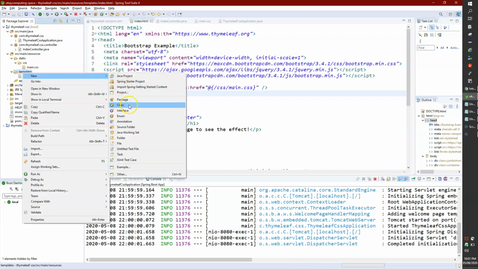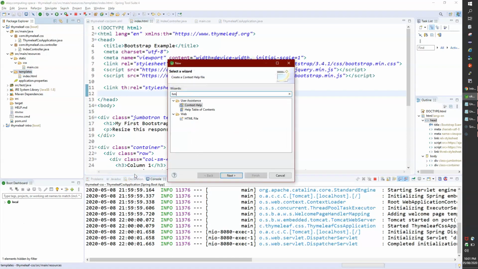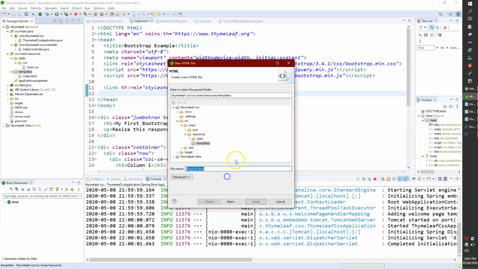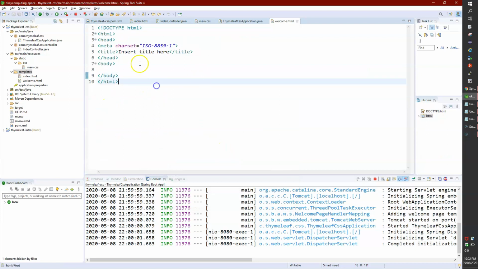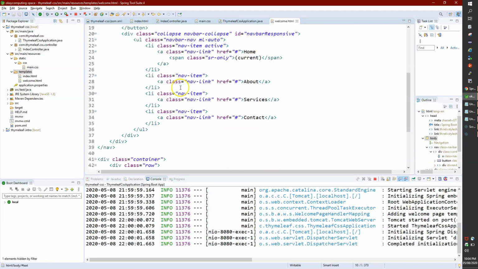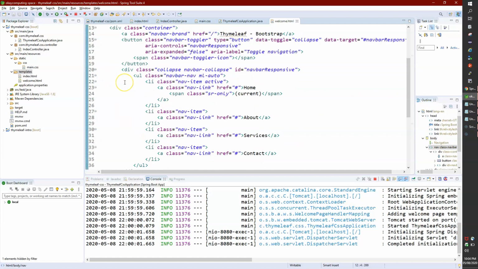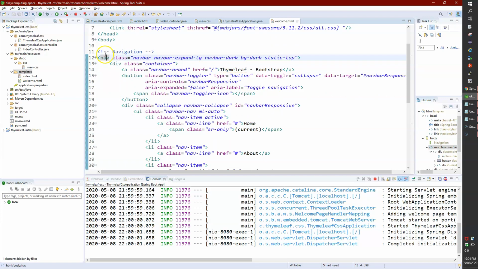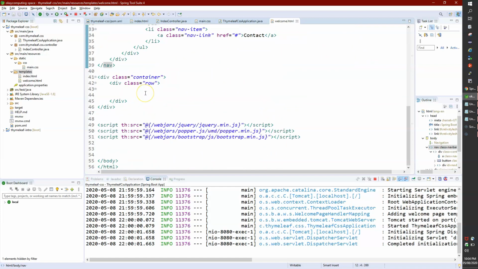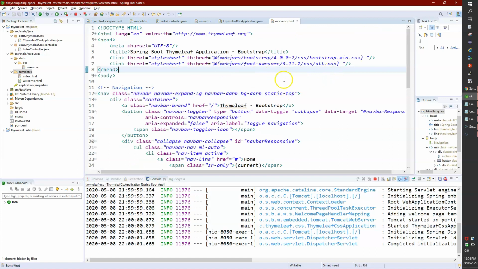Okay, let me go and create one more page. I'll create another UI HTML page, and I'll call it welcome.html. Okay, so now here is my clean UI, a very basic page. There is just a navigation bar. When you start reading about Bootstrap, you will come to know what a navigation bar is. So here I just have a navigation bar, nothing else, and I have dependencies on Bootstrap CSS. I need Font Awesome, right?